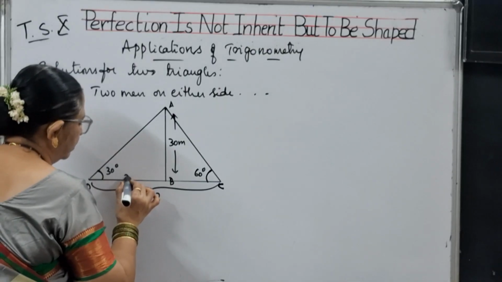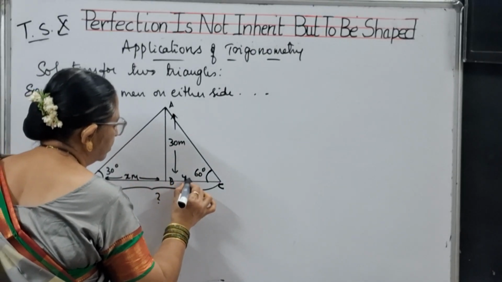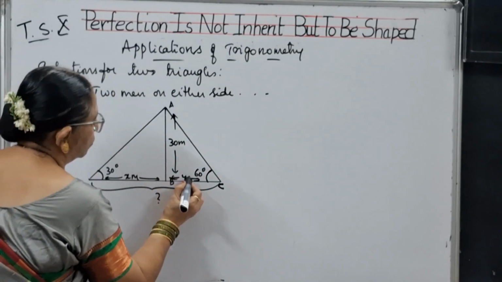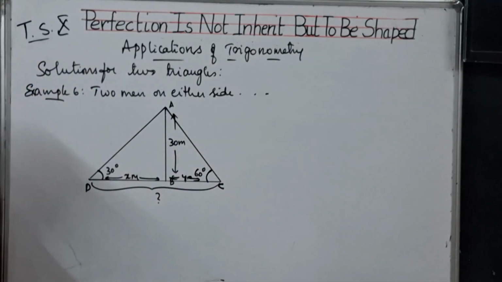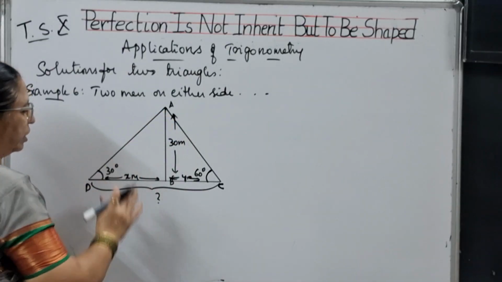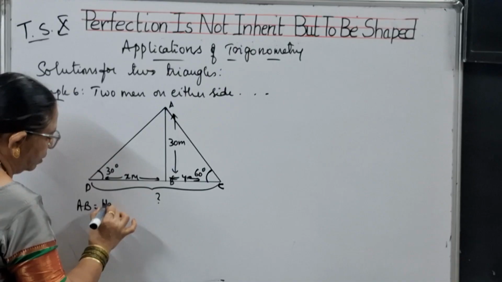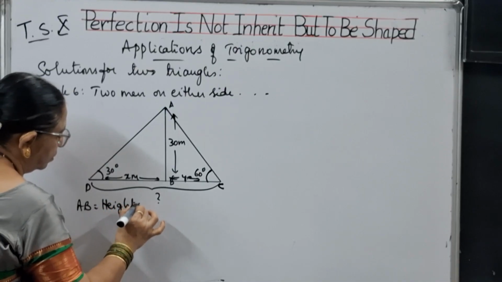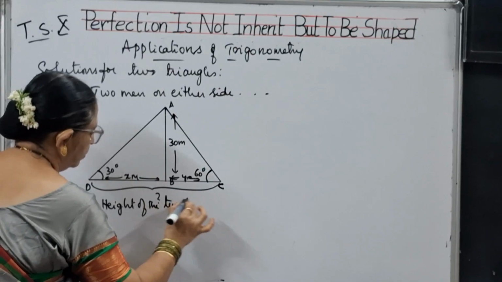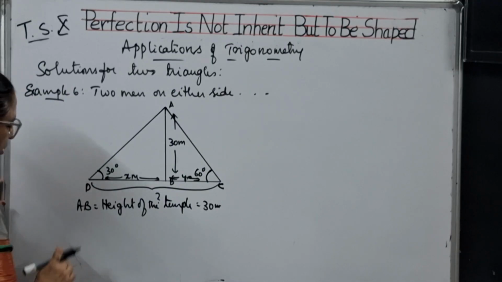Now let me consider the distance as x meters, and this other distance as y meters. Okay, x meters and y meters. Now I need to find out x and y. Now you have got two triangles. First let us write what is given. AB is the height of the temple, that is equal to 30 meters they have given, and